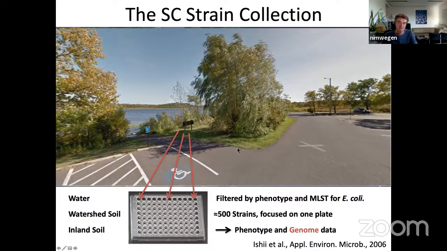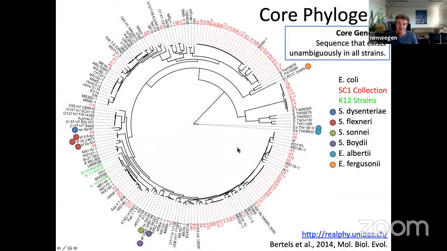All right, so one of the first things you do is you build a phylogenetic tree. So what I'm showing you here is a phylogenetic tree that we made from the whole genomes of a whole bunch of reference strains from the literature, from the database, in black. All our strains are in red, and their names are just the well on the 96 well plate in which they were sitting. And you see a couple of green lab strains indicated as well.